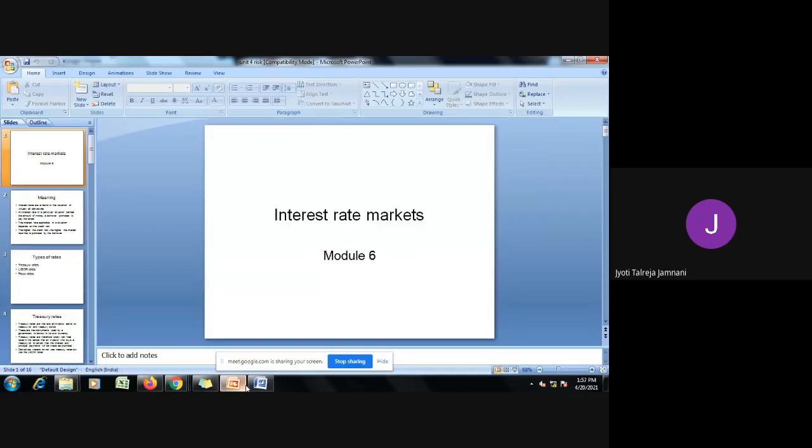So we'll start with this, the fourth unit, interest rate markets. Here we are going to study different types of interest rates. Then how do you calculate zero rates, bond rates, forward rates. So it is all about interest rates. If I have to enter into a forward rate agreement, how do I calculate the interest rate and how does it work? All those we will understand through sums. First we'll go through a little bit of theory.